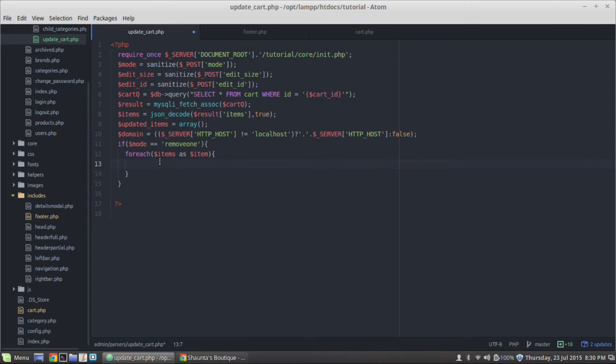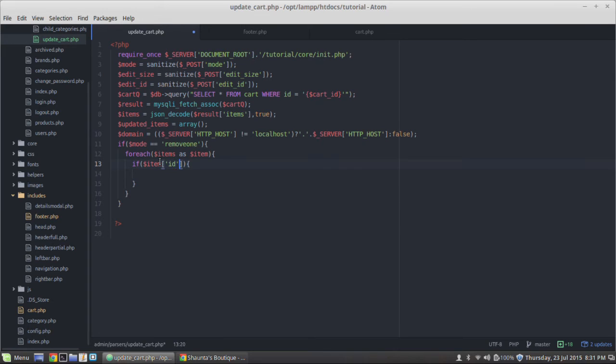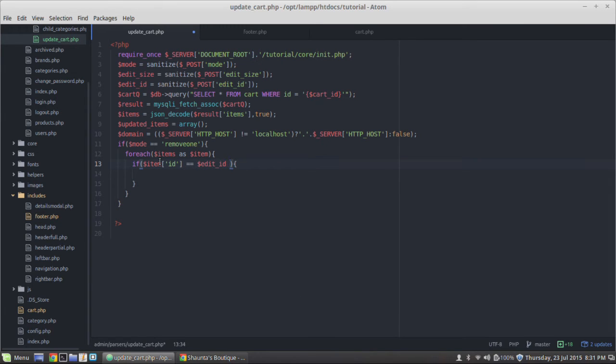Okay, so for each item as items, and we're going to do a check, and we're going to say if item ID is equal to edit ID, okay, if that's true, and item size is equal to edit size,